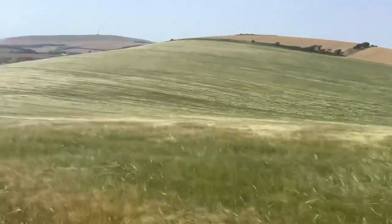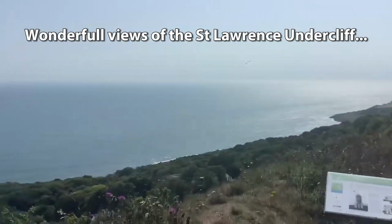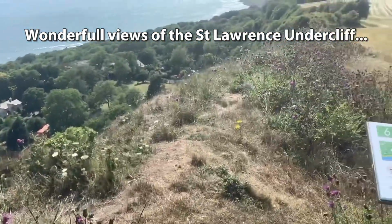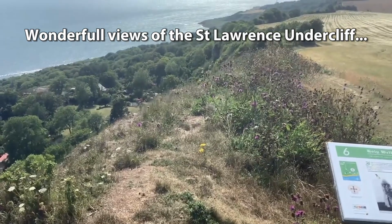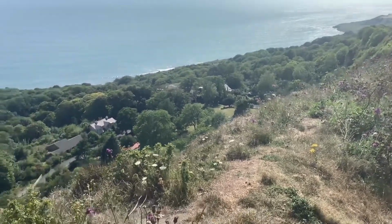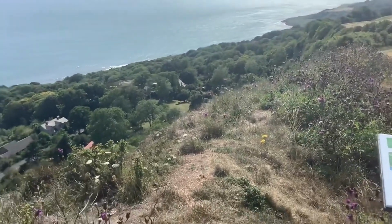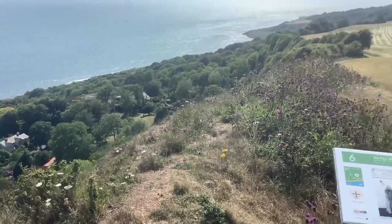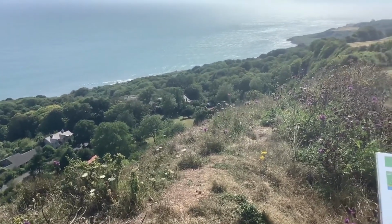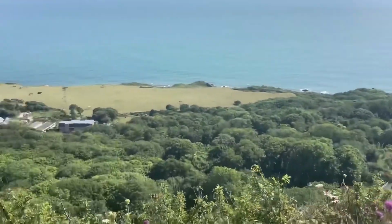Come back round and look at the Undercliff itself, so looking west again towards St Cath's, and then down into the Undercliff. So this is a sheer cliff face, mixture of green sand and chalk, lots of cavities and small caves for Choughs to nest in. It currently has jackdaws and a few pairs of peregrines and ravens, that kind of thing. So just down in the Undercliff,